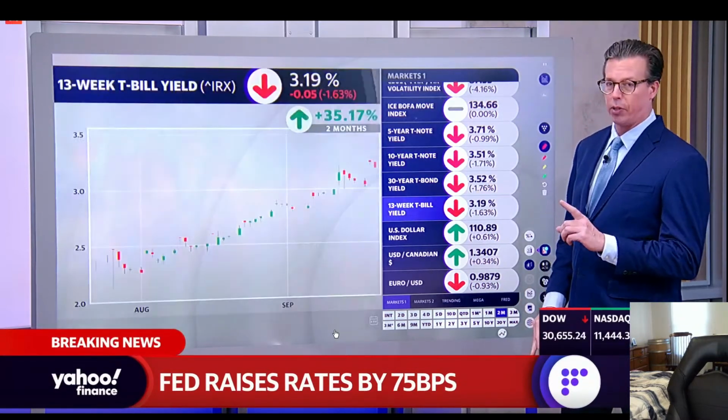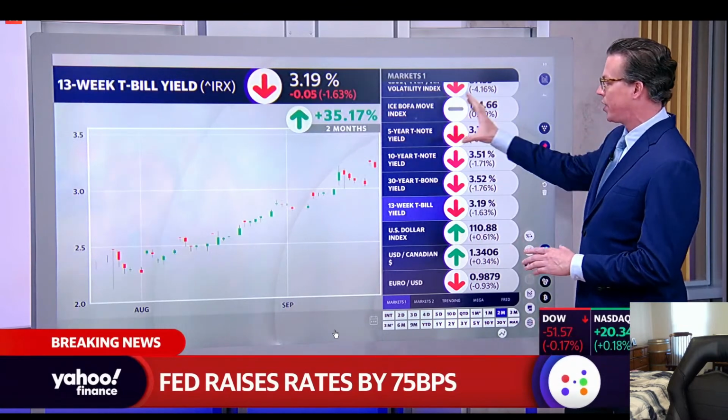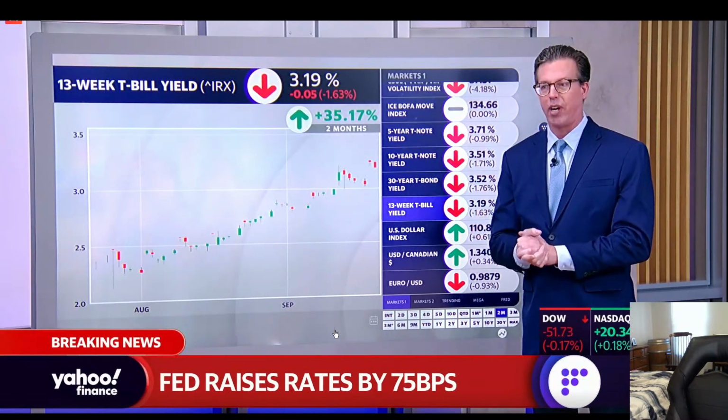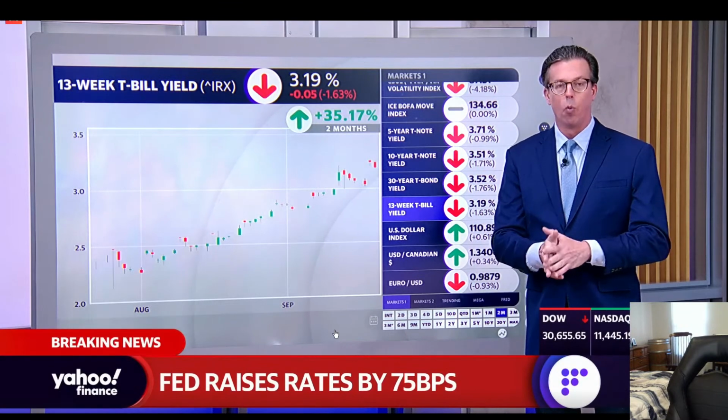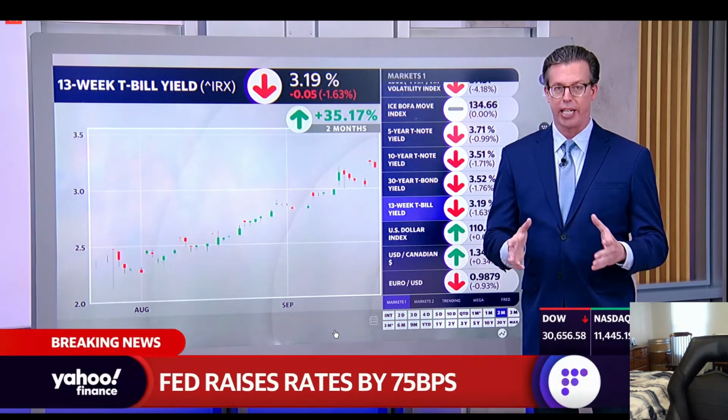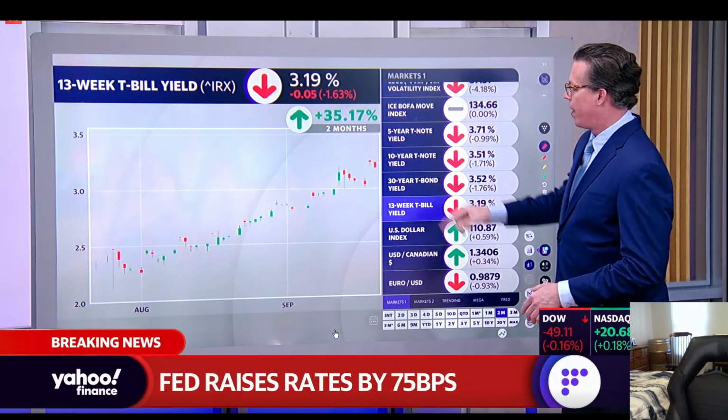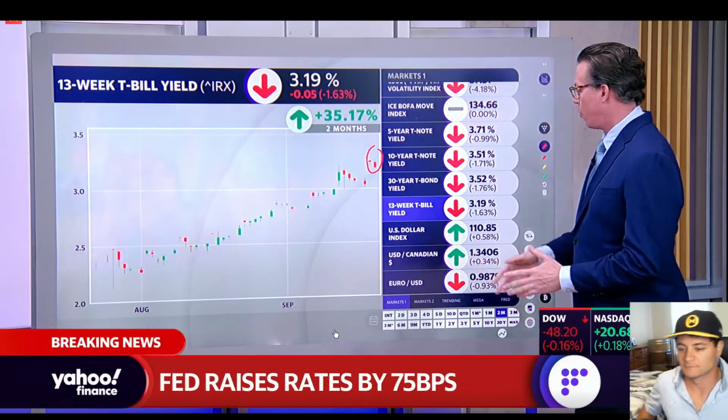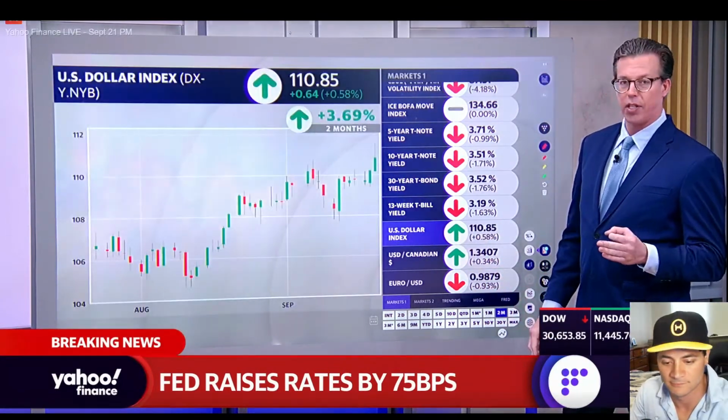And the 13-week T-bill yield, now this is a key one too. This has been racing higher. It's on the short end of the curve, so it more accurately tracks what the Fed is doing with its benchmark interest rate, which is an overnight rate. This did not make a new high. So really, this is a press conference, and I think we're